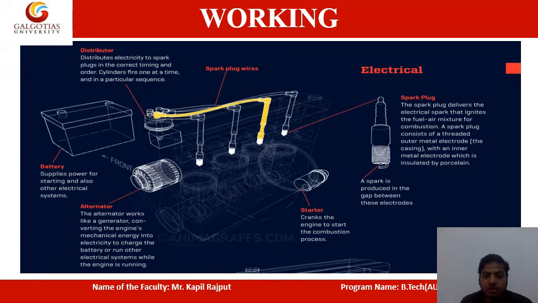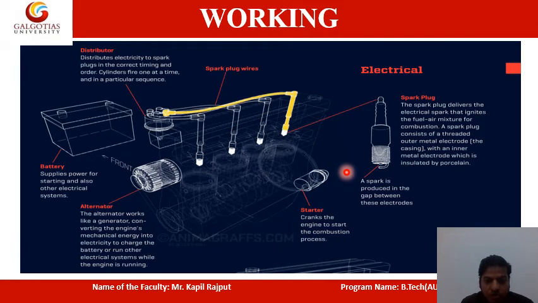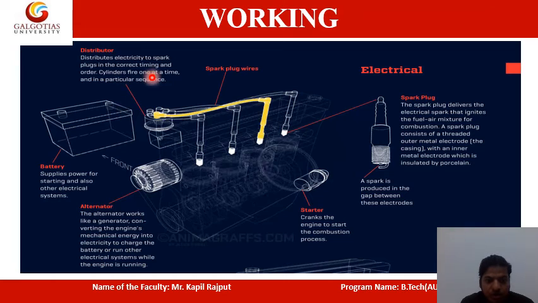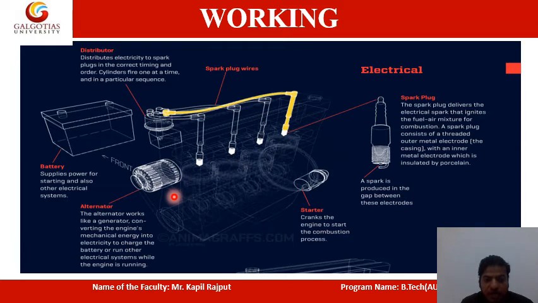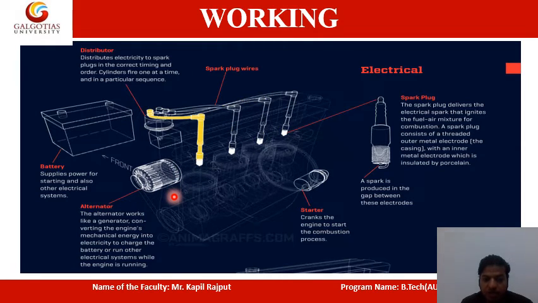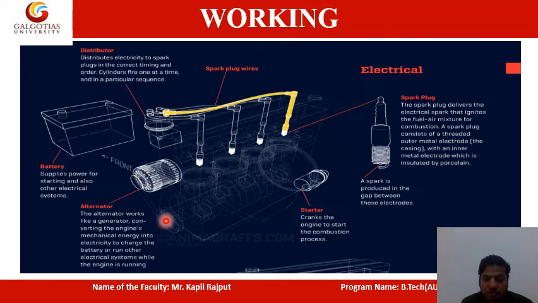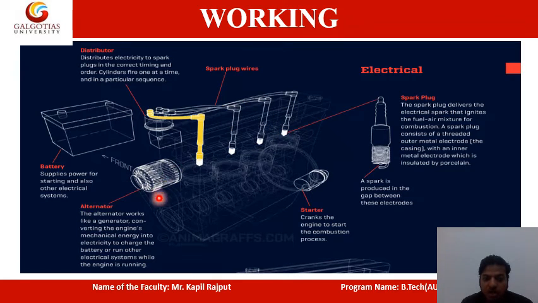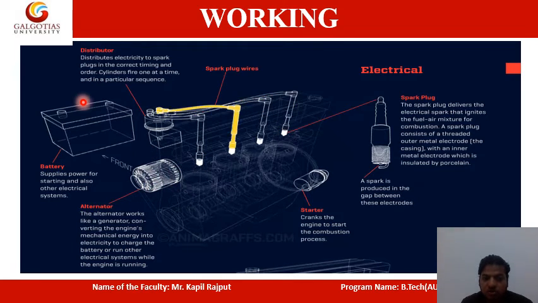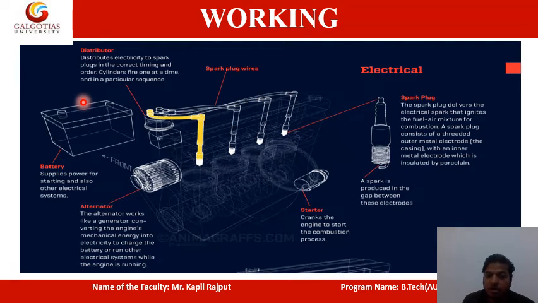Now here you can see the working. So this is the diagram. You can see how it works. Battery is there. Alternator is there. The alternator works like a generator, converting mechanical energy into electrical energy to charge the battery or run other electrical systems while the engine is running. So this mechanical power is transmitted to electrical power by the alternator. It is also used to charge the battery so that different parts like the fan and the lights can be